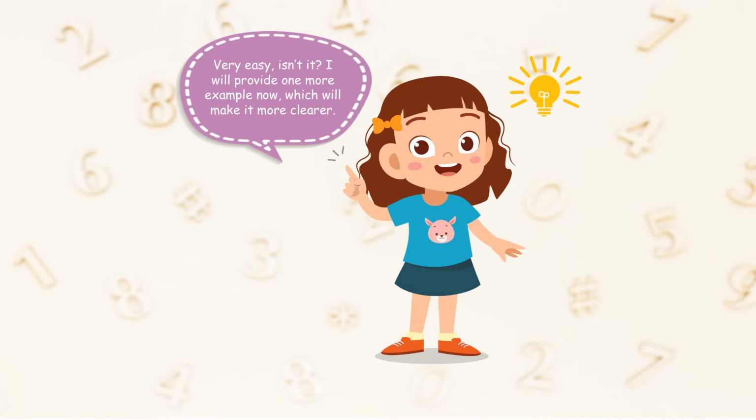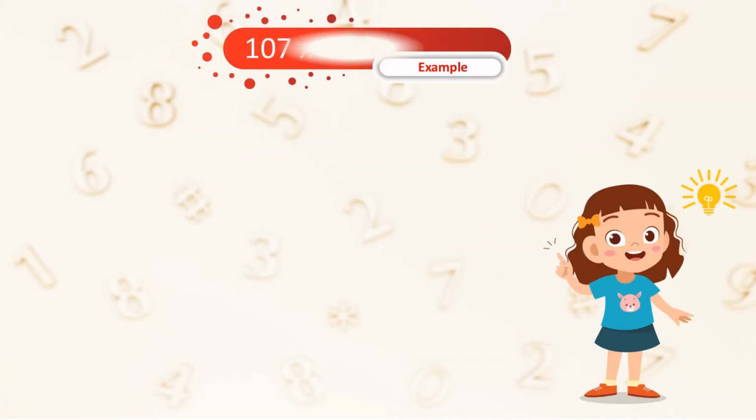To understand this in a bit more detail, we will look at two more examples. The next example is going to be 107 times 104. Now this is exactly same as our previous example, just that the numbers are slightly different and larger. So we can follow all the 4 steps that we followed in the previous example.